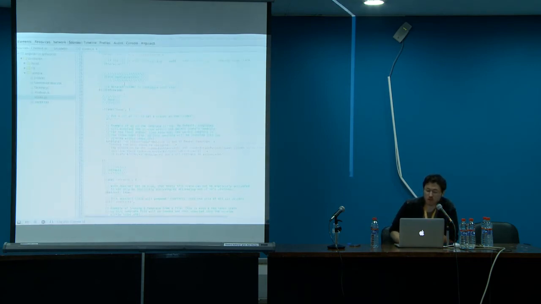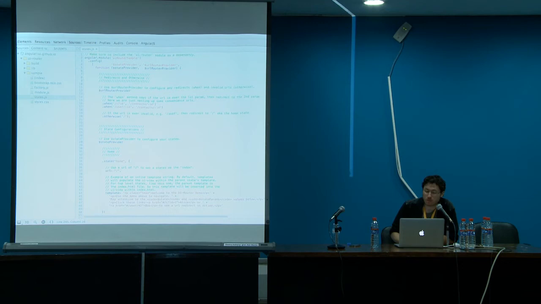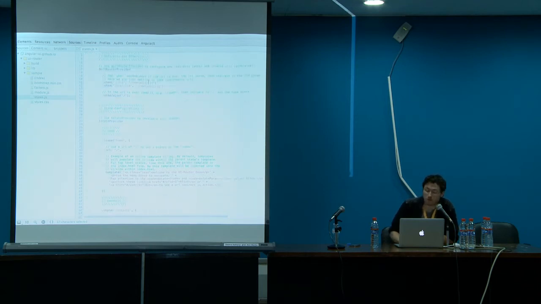So you define your states in code like this. The UI router offers two primary providers that you will use, the state provider and the URL router provider. The router provider allows you to do some route-specific things, like redirect from one URL to another, or have a catch-all where if you navigate to a URL that doesn't exist, it can redirect you. And then the state provider is where you actually define your states.